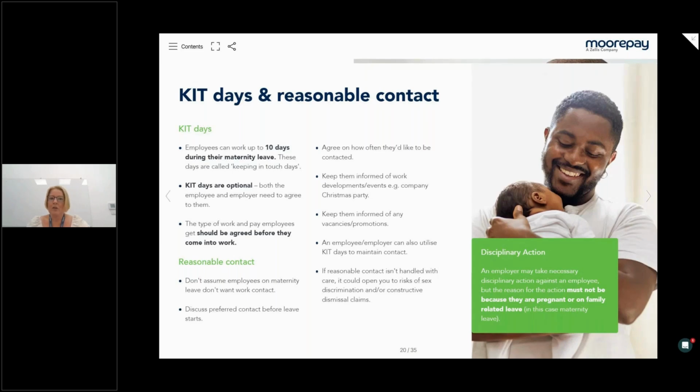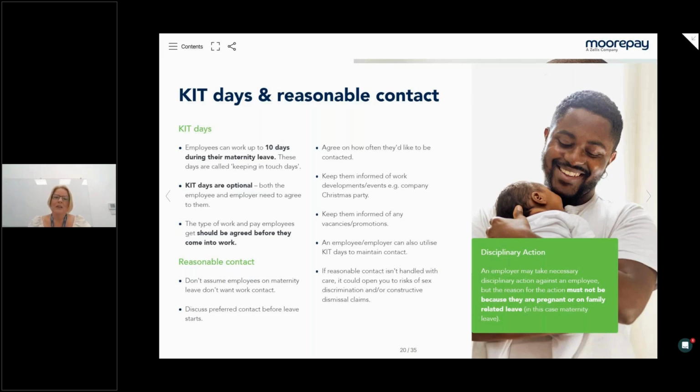If you've got any vacancies that come up, people should be communicated with about that. Maybe you're looking to promote somebody internally in your team, maybe you're looking for a team leader and you've got somebody on maternity leave. They should get that invite to apply for it at the same time as everyone else and have the same opportunities as everyone else. And yeah, quite clearly, as I've already said, it can cause serious consequences if you don't communicate, which is not limited to sex discrimination. There are lots of problems with not communicating with people. So just be careful.